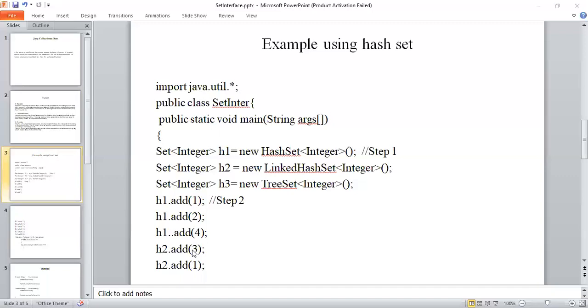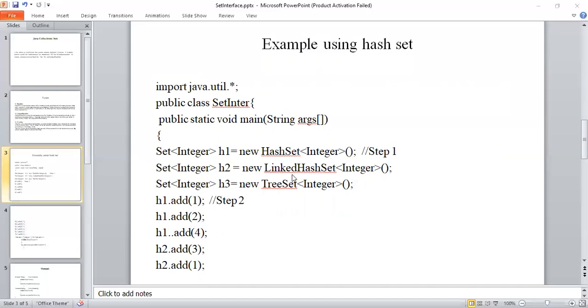And similarly, here I have one more element called 4. So this 4 also I added into the hash set. So these are the three elements I added into hash set. According to the property of hash set, we can insert elements in one order, and while retrieving we'll get the elements in a different order. So that is the advantage of this hash set.